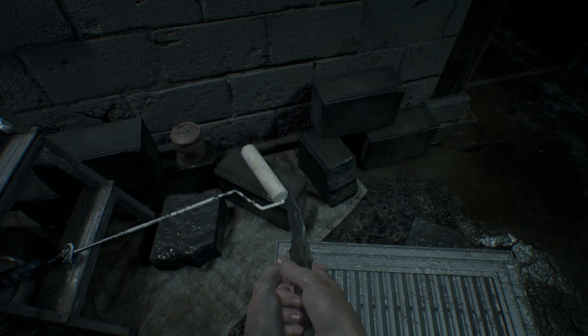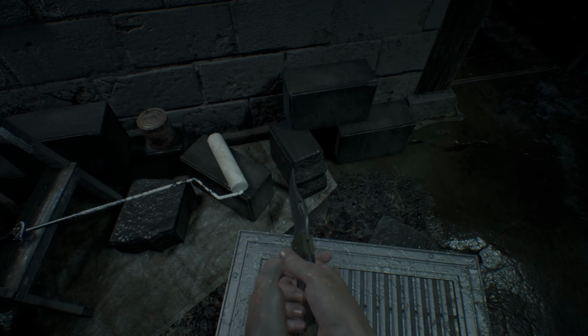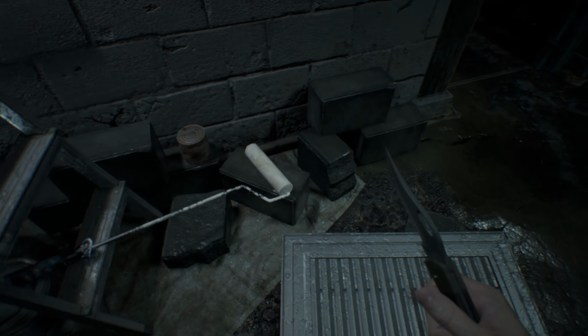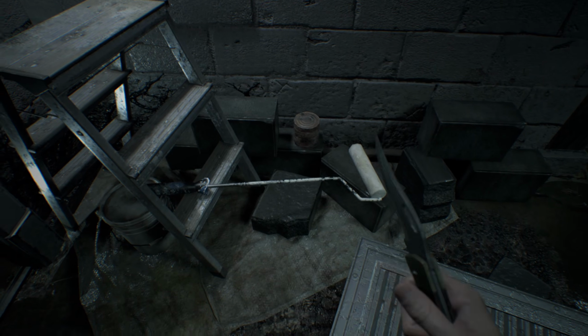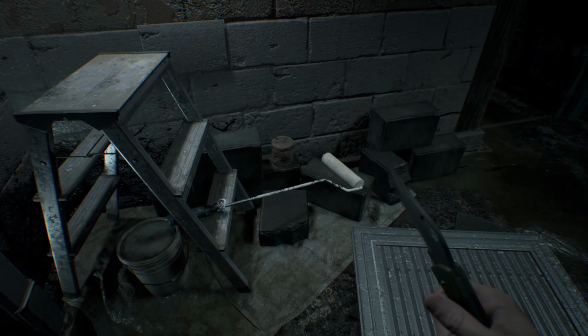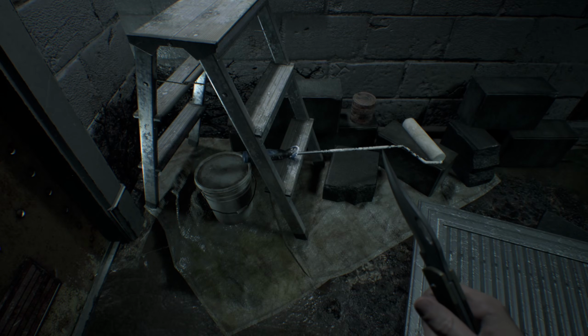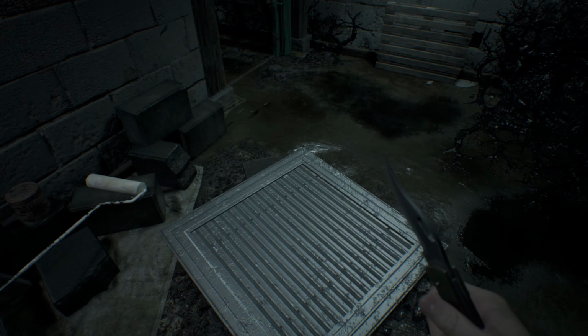Other things just like these cinder blocks. I keep wanting to call them cinder bricks for some reason. But, you know, these old painting supplies, things like that. Again, everything is just really dirty and worn down looking, and that really works well for